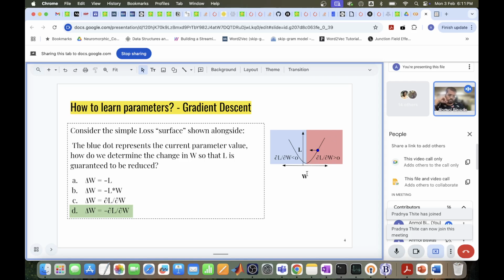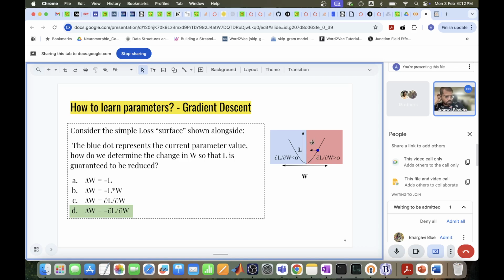And why does this happen? Basically, if you look at this diagram, you'll figure out that this rule always points in the correct direction, because by definition, it has to point in the correct direction. Basically, if you look at this part, which is the red half of this plane, the gradient of loss with respect to weight is greater than zero, because loss is increasing as you increase the weight, which means the negative of the gradient will be towards the